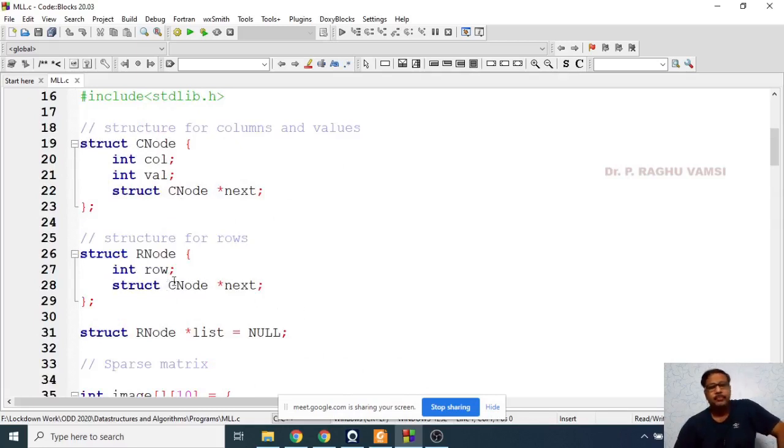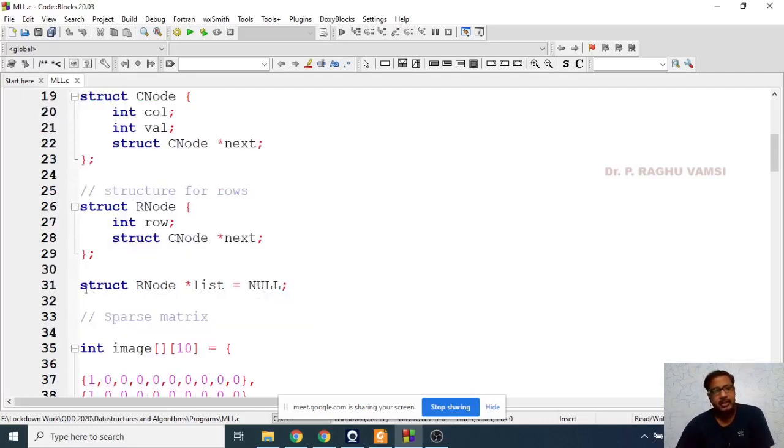Here you can construct two structures like this, and you can make the struct R node star list 1 equal to null, and the same way struct R node star list 2 equal to null.